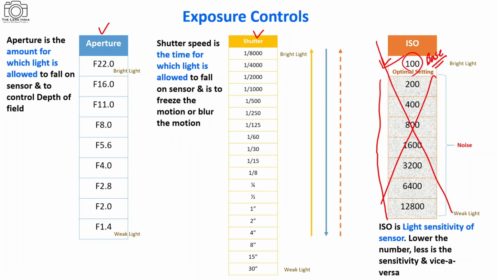So let's move on to the next topic, which will explain what to set first and when. Okay, so now when we are talking about the exposure control, definitely you will have a question in your mind: suppose I'm setting ISO at 100, now the only parameters left with me are the aperture as well as the shutter speed. So should I set the aperture first while capturing the picture, or should I set the shutter speed first, and how do I control the exposure? Okay, so let's quickly try to understand with this flow chart.